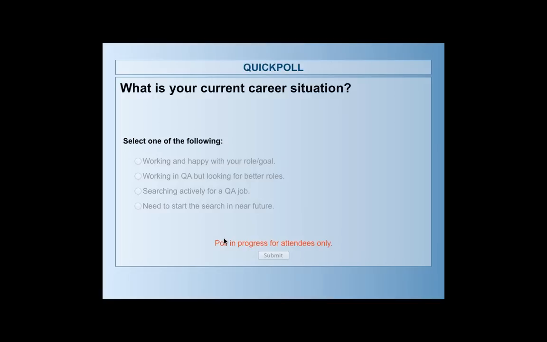I want to understand your career situation. I think there's a spelling error there. Where are you in your current overall job search or career? Where are you going? What are you doing? This will help me to identify who my audience is, where they are right now. Most of them, you won't believe, team, so far I've got 0% who said working and happy with your role currently. And that is fine, that is absolutely fine.